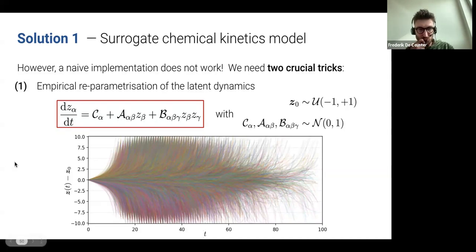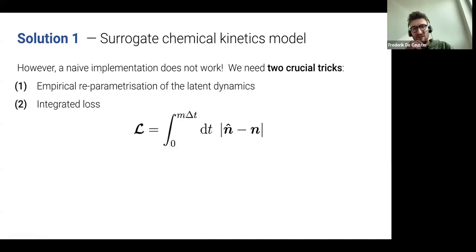So I think that was a very valuable lesson that we learned from this. Unfortunately, it didn't work immediately then, because there was a second ingredient that we missed, which was slightly more trivial, and that's the integrated loss. When we were training these systems to get the surrogate model to really predict the dynamics well over the entire time step, we also needed to compute the loss, or integrate the loss, over the entire time step of the model. This slowed training down a bit, but it turned out to be the key ingredient that we needed.